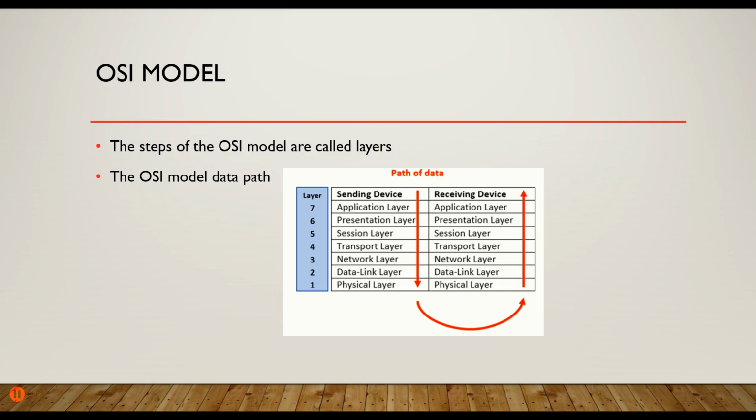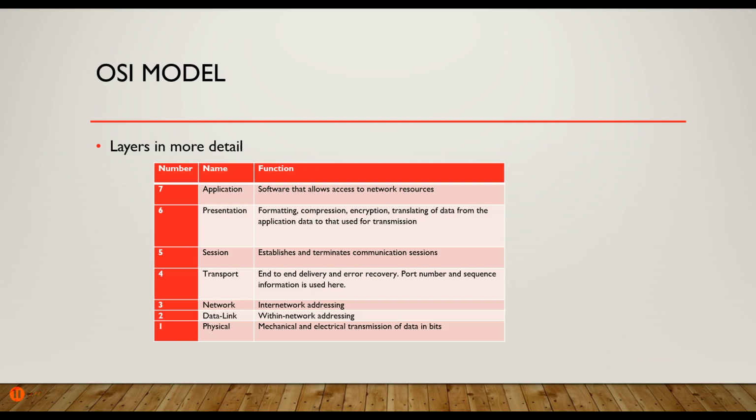That data moves over to the receiving device and then travels back up through these layers until it finally gets back to the application layer, which is the application protocol, which talks directly to the application that can receive that data and understand it. So this is the basics of how it works. We're going to talk about what each of these layers does in a lot more detail in another video, but that is the essence of the OSI model.